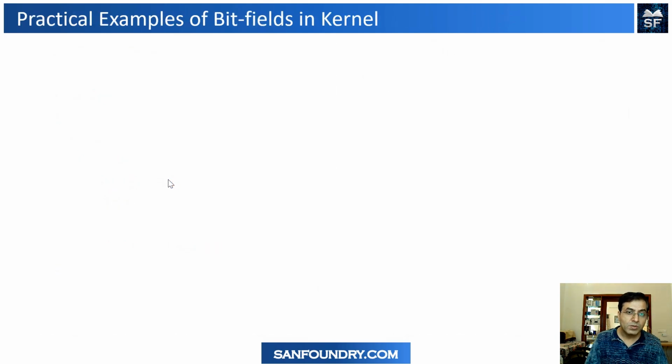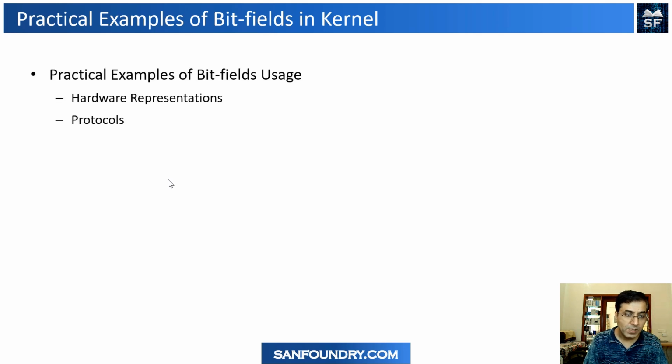Okay, so now let's look into some practical examples of bit fields. Being a kernel programmer, I have some examples from the kernel. But the common place where we require bit fields is always hardware representations. The drivers tell us, please send these kind of bits to me to turn this feature on, turn this feature off, to change my state. So as a programmer, we just do what the hardware manual tells us for that hardware.